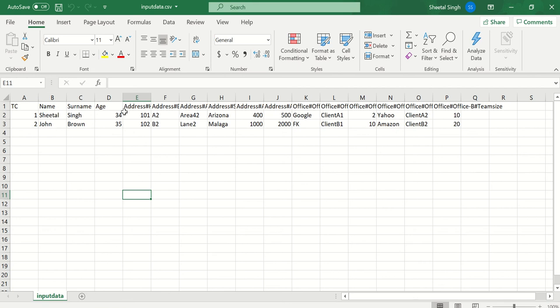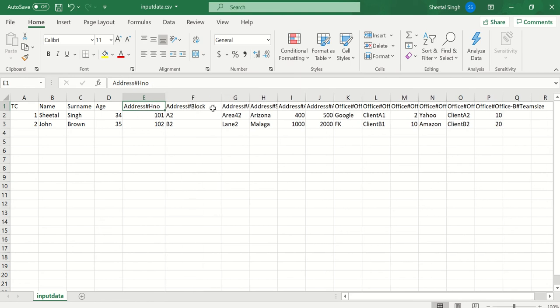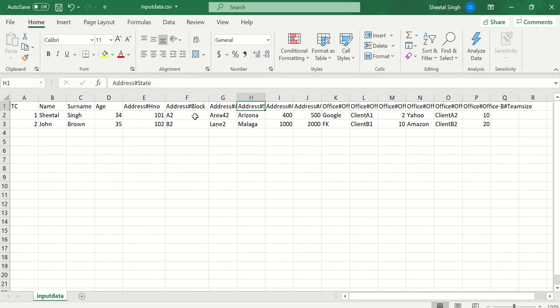This is the name, surname, age. And see what I have done here: this is the address node, so this is a nested JSON. The main node is address, and under that the house number, block, and area are given. I have separated them by hash so that when I read this particular node, I will know that this is inside the address node.